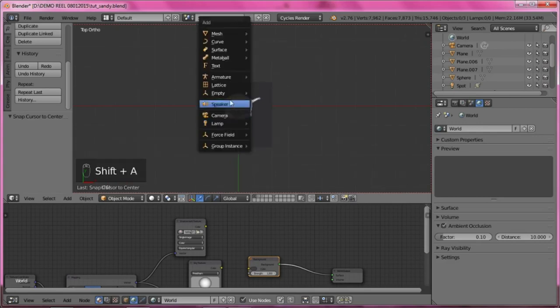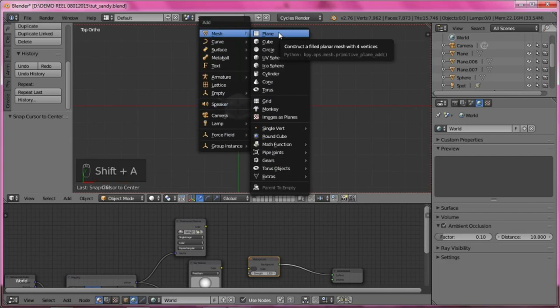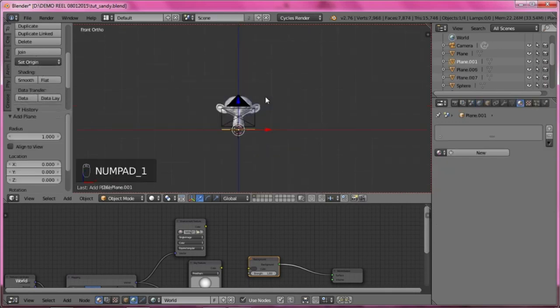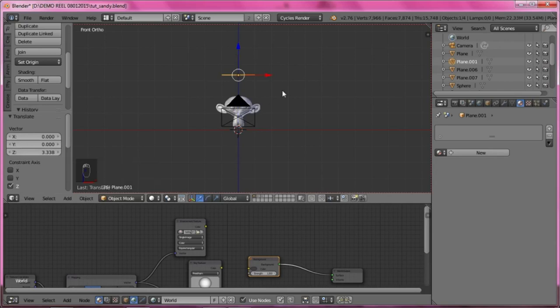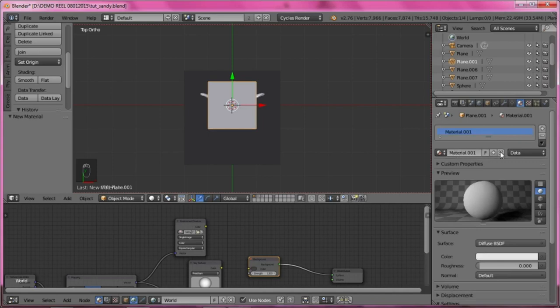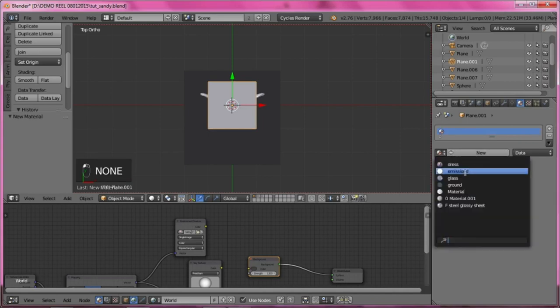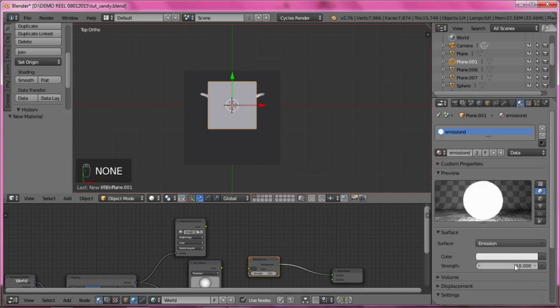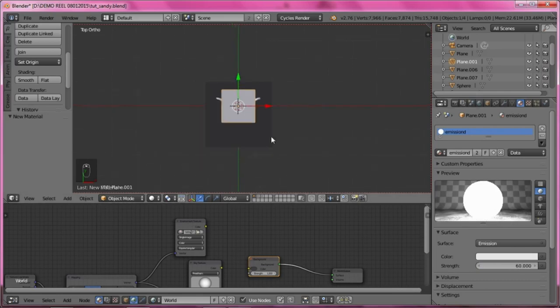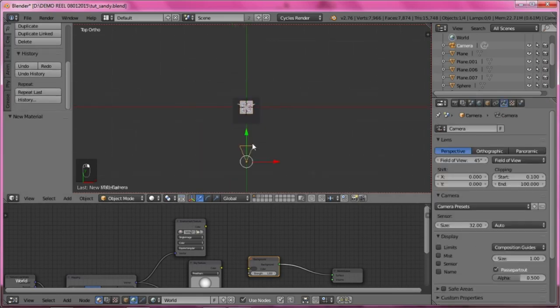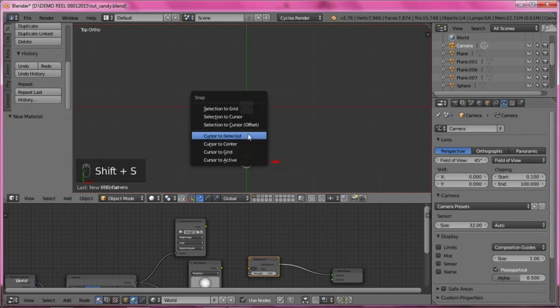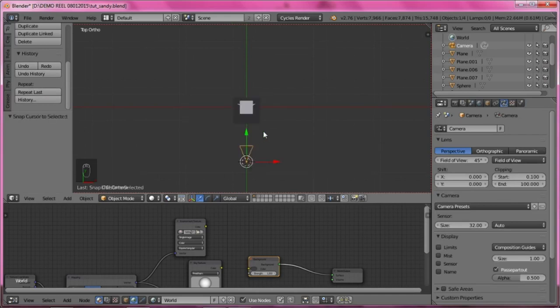Shift A, plane. You can create here the mesh light. So go to the material section and add emission, change it to 60. Select the camera, cursor to selected,